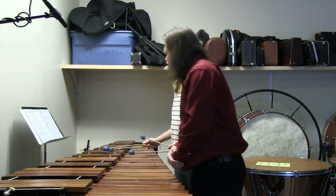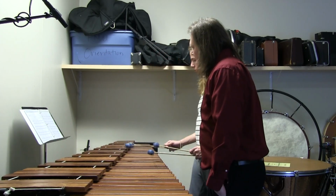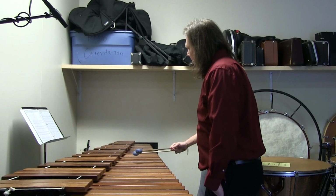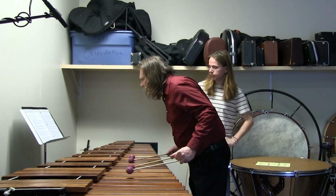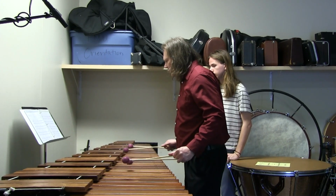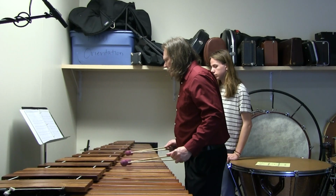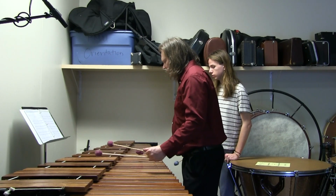So like in measure 20, here, this one? And making it all sound nice and legato. So you're coming out of, okay, so you come here, like that. I would probably do that myself, but